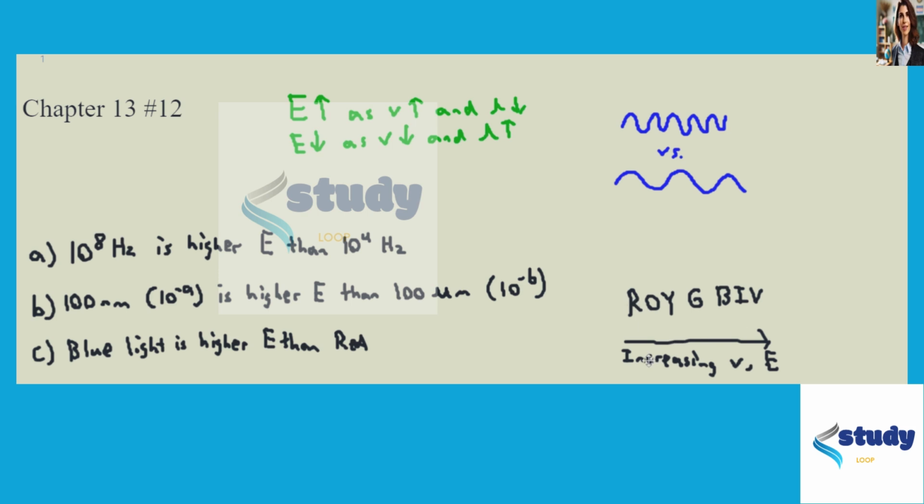And so red is the lowest frequency and the lowest energy. Violet is the highest frequency and the highest energy. And so if you know that, it's pretty easy to see that blue light is going to be higher energy than red light. And so that is the answer to Chapter 13, problem